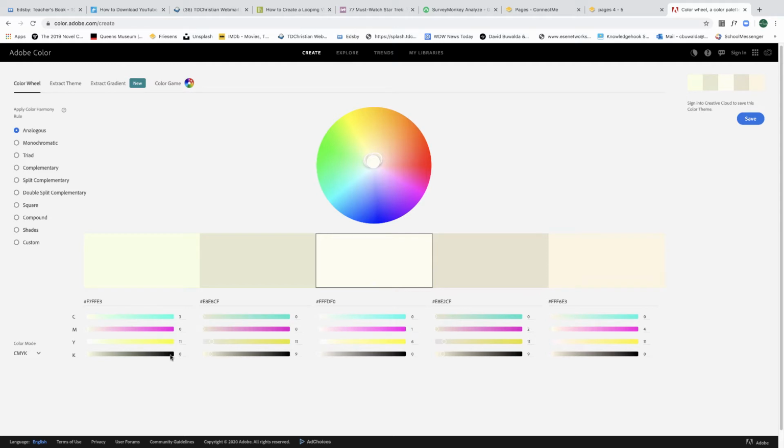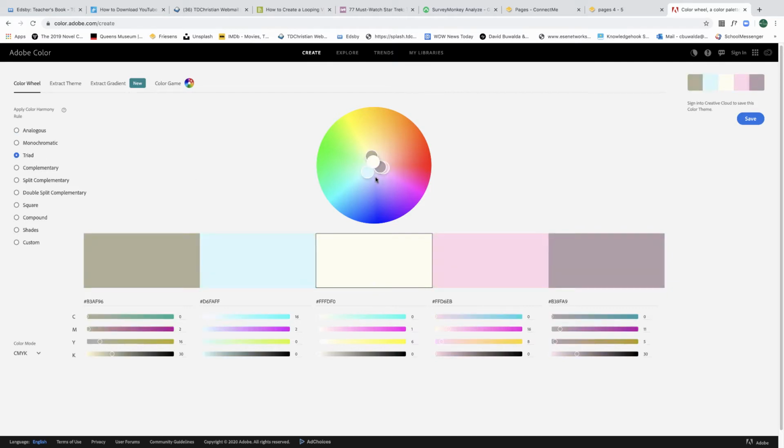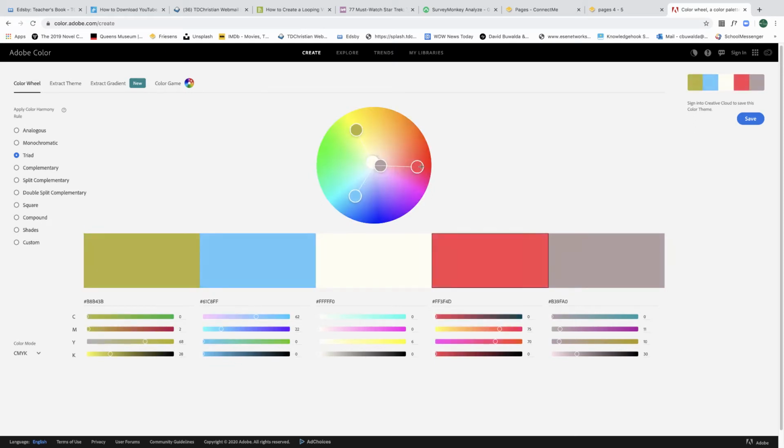There are millions of colors, but let's take a look at if we want to work with triad, right? So we click triad, and now if you play around with these things, it's going to show you colors that work well together if you're working with, let's say, 3 different types of color. And then if you want the values, you just have to find these numbers here. So if you want to create this exact color here